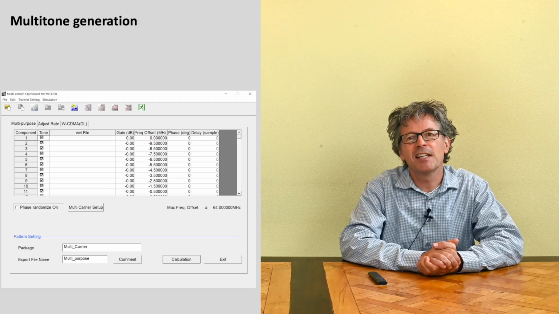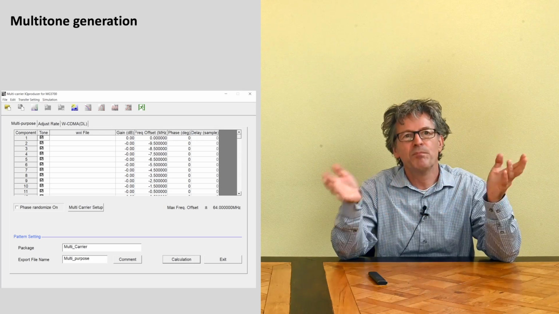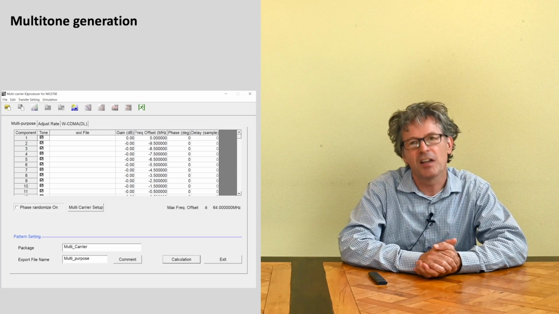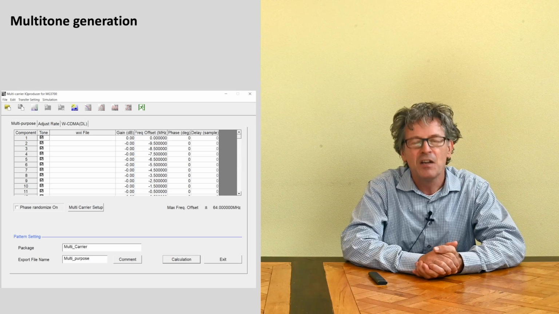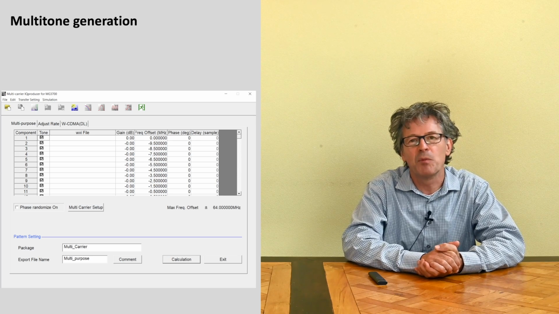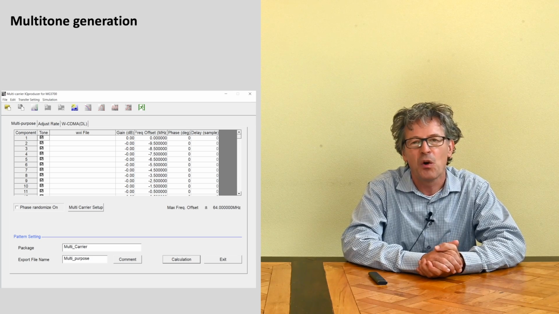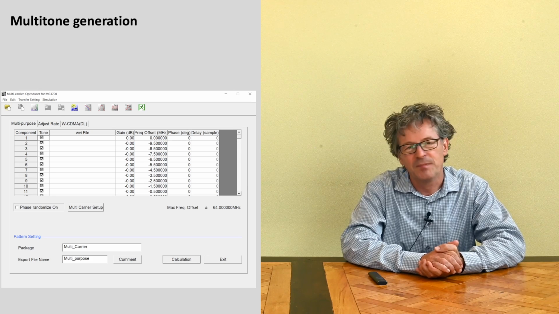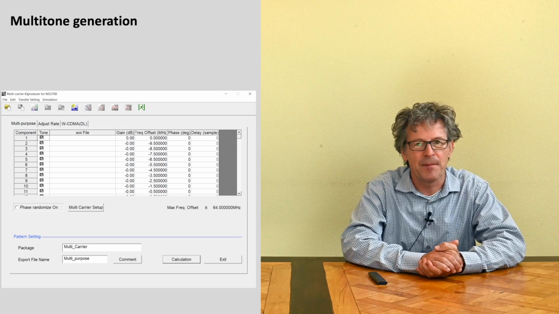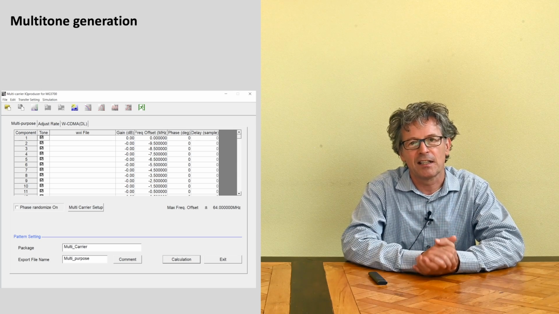Now we can't look into each individual option being offered by the device, but let me pick out a couple of them, and one of them is multitone generation. So here basically we can generate our own signal made out of multiple carriers. I think there can be dozens, if not 100 of them. We can create them by hand, giving them all a frequency and an amplitude. We can also have it generate via a kind of wizard tool the type of signals that we're looking at. So we could generate, for example, a signal that looks like a